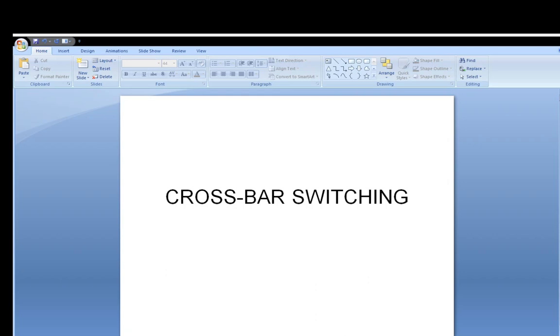In this lecture, I am going to start discussion on crossbar switching system. Actually, in the last lecture, we discussed the step-by-step switching system, that was Strowger switching system. In that switching system, we discussed that